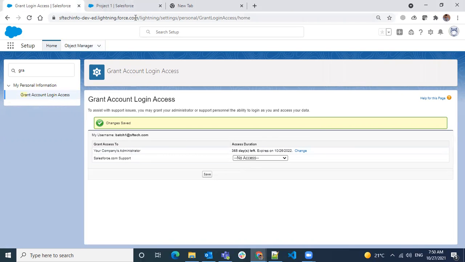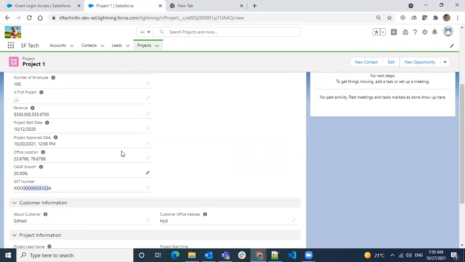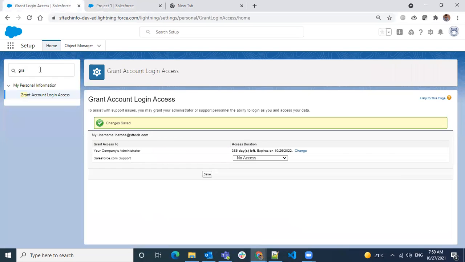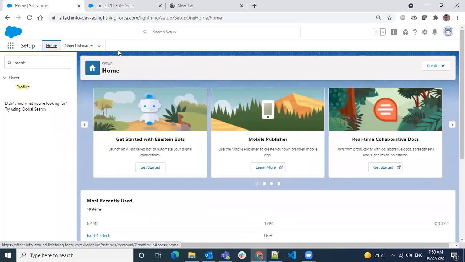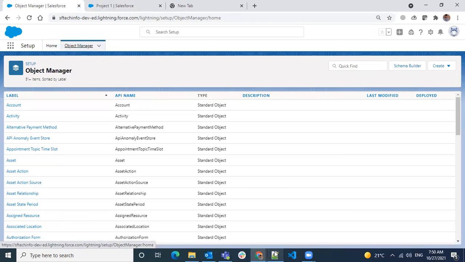Okay, so any questions here? Why? Because on system administrator we cannot change the profile. That's why I did it for another profile and assigned it to the other user. That's why we're not able to test it now. Make a note, and tomorrow we're going to cover it.